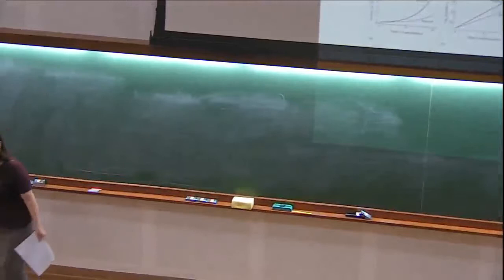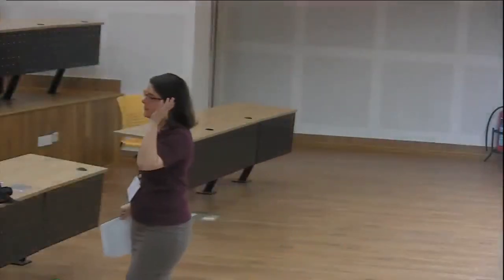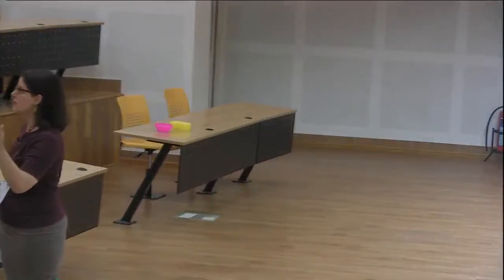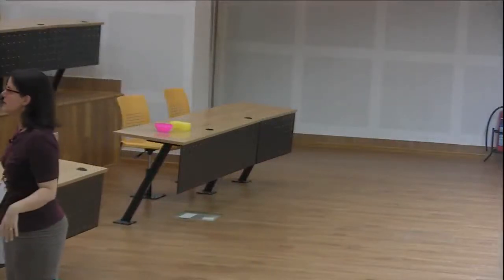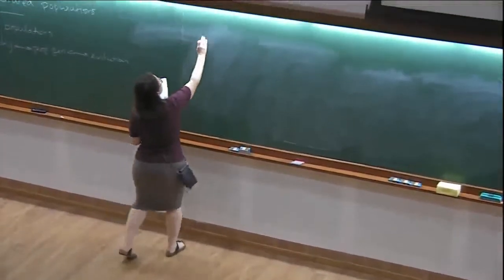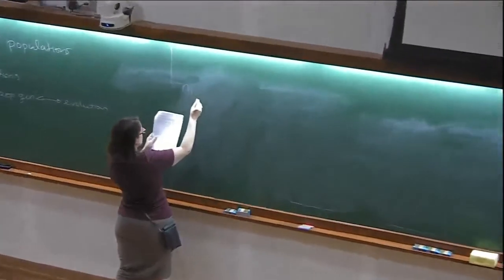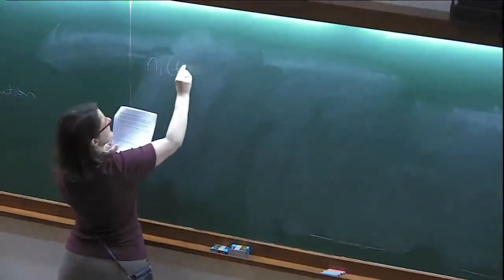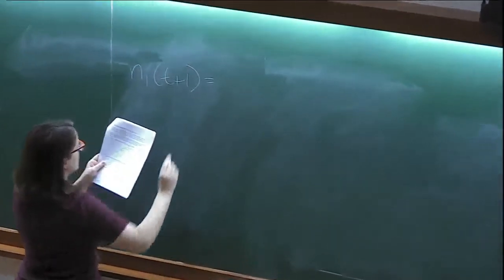We can say, well, how do we know? Again, this is sort of like at the beginning of my really simple example where I'm not keeping track of genetic types. They're all the same, but they're different years. So I just want to keep track of the numbers. So the number of stage 1 or age 1 individuals at time t plus 1. Well, how do we get stage 1 individuals? They have to be made by reproduction from the other stages.